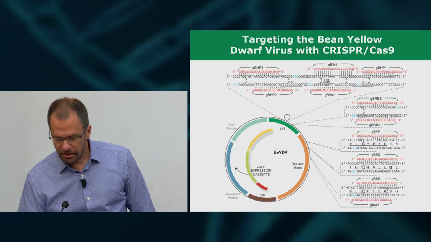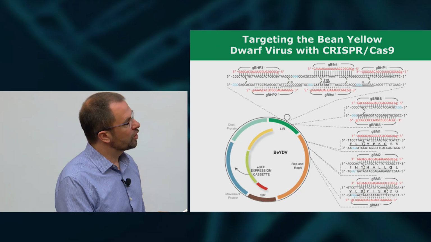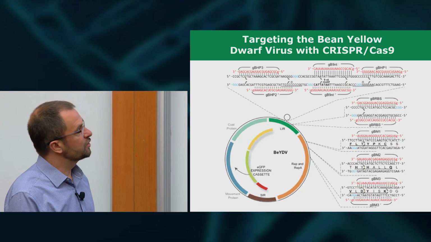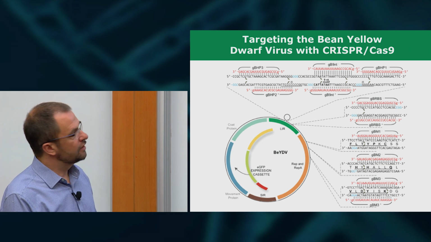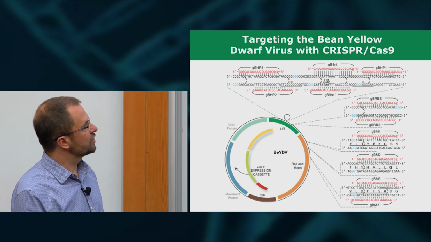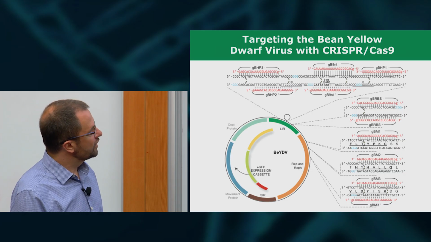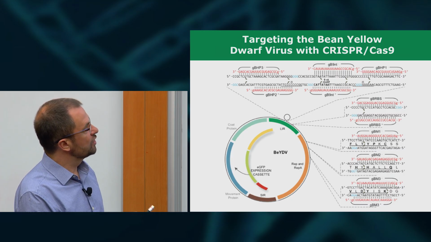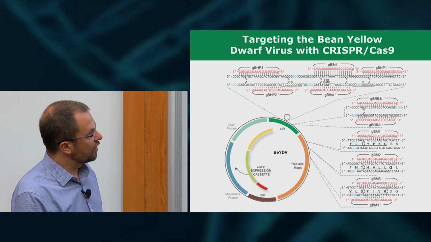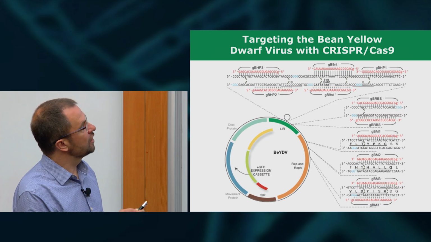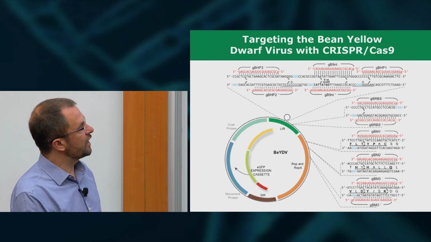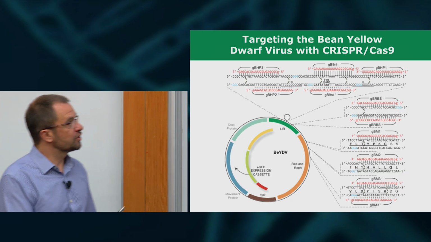And so, I talked about bean yellow dwarf virus and how we harnessed it as a replicon. Well, in this case, we wanted to see if we could inhibit infection of the native virus. So what we did, in a test system, is we replaced one of the proteins with GFP so that we could measure replication of the replicon, and then we targeted a number of guide RNAs to conserved sites, either in the coding sequences or the cis-acting sequences that are important for this virus to move in the plants.